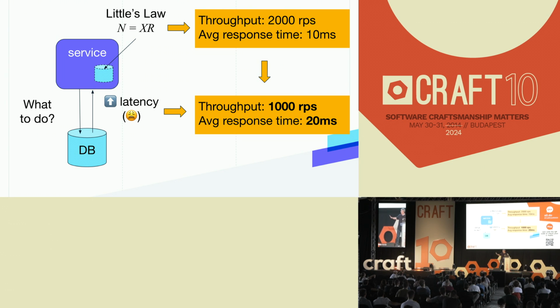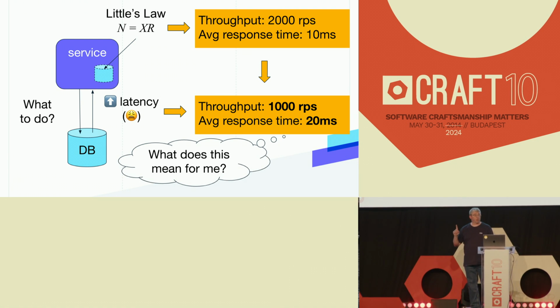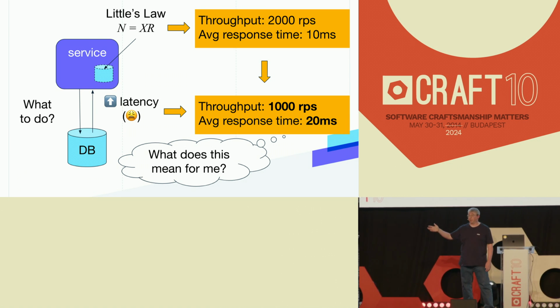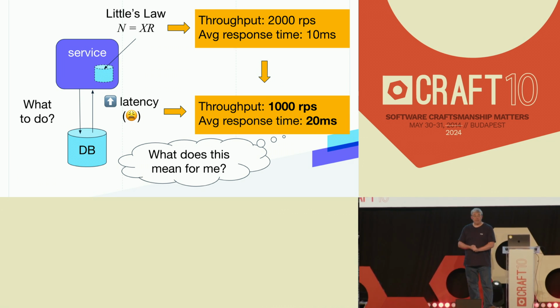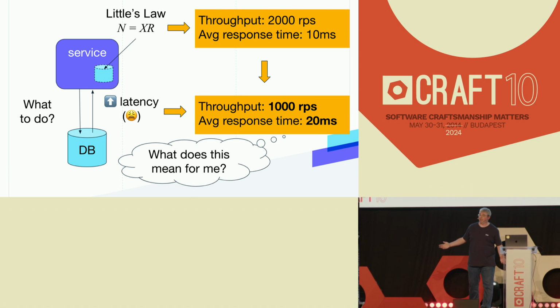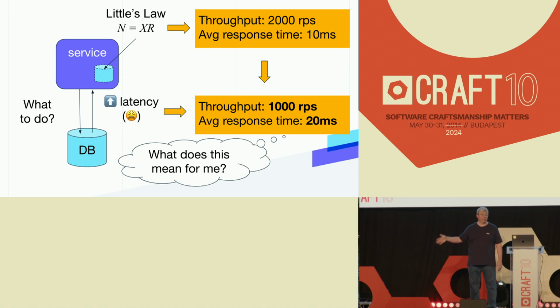So now I have a model that lets me do some prediction. This is kind of cool. And what we do with this information depends. Maybe I really needed that 2,000 requests per second, and so now I have to decide, maybe prioritize which requests I'm sending to the database. I have to do load shedding and just do the more valuable ones. But maybe this means nothing to me, because I actually only need 100 requests per second, and it's okay if it takes 100 milliseconds. This may literally mean nothing to me, but it all depends.